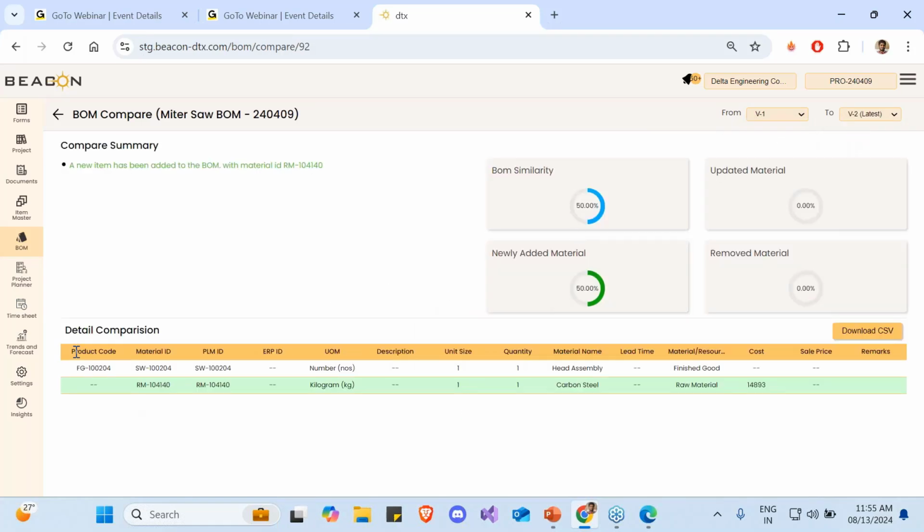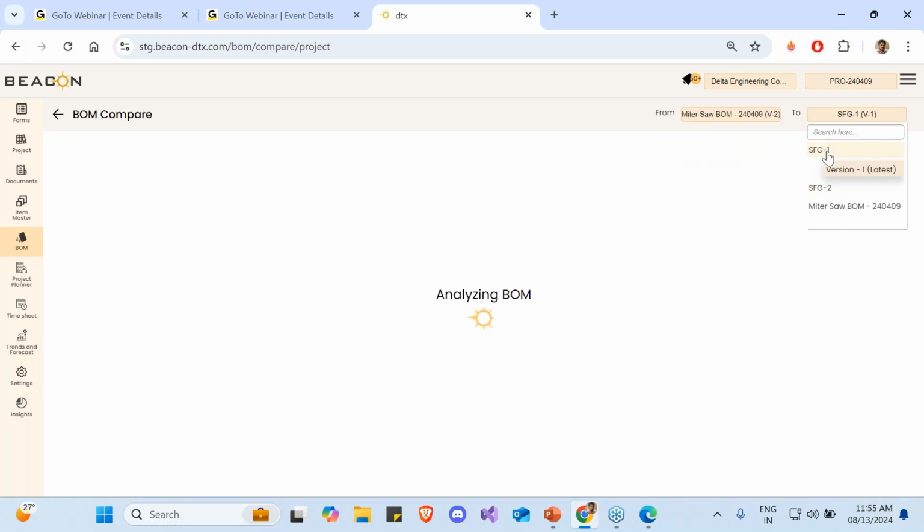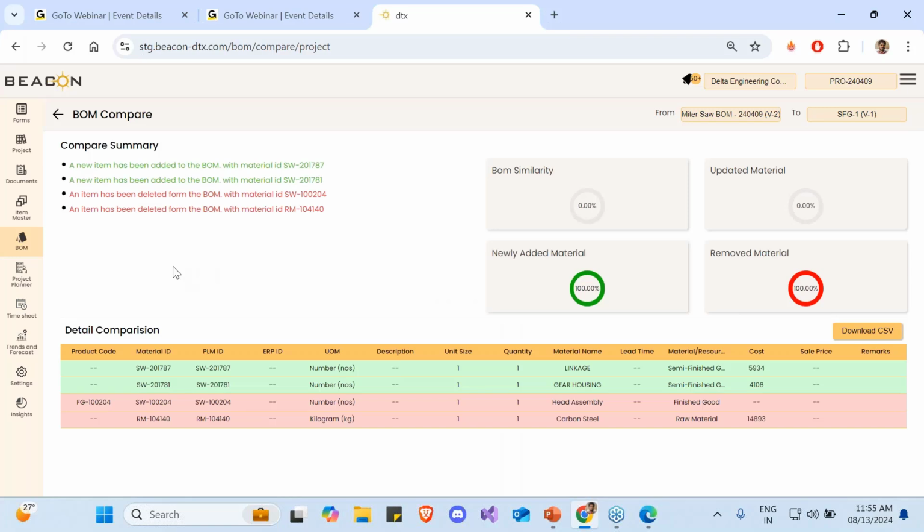You can see a comparison showing that this particular item is added, and the similarity, how much it is, all that. If I do the BOM compare between two, let's say, my BOM and one of the SSGs, this will give more information. Depending on how many contents are there, it will show what items are added, what items are deleted, and it will give a summary of what the change is about over here.